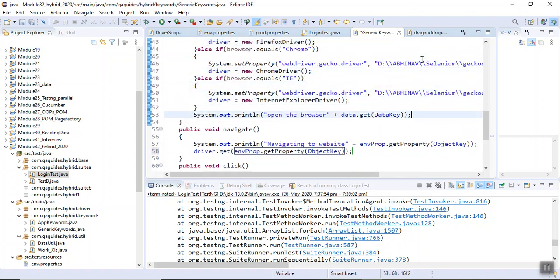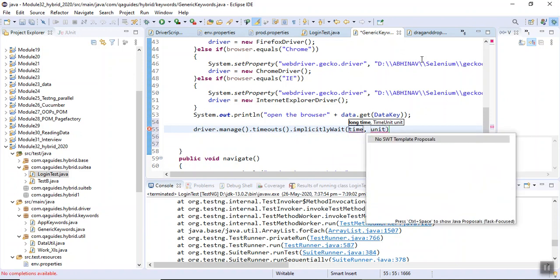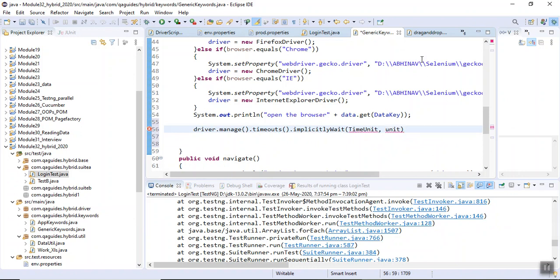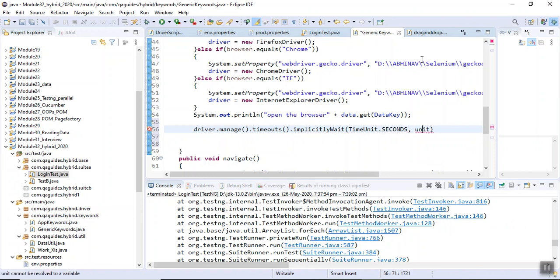So what I can do, go here. It will be driver dot manage dot timeouts dot implicit wait, time unit, and we can take it in seconds, and just take this as 20.